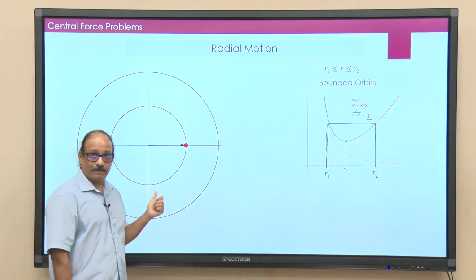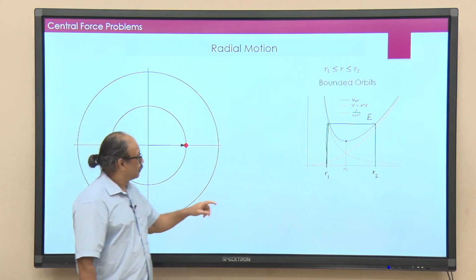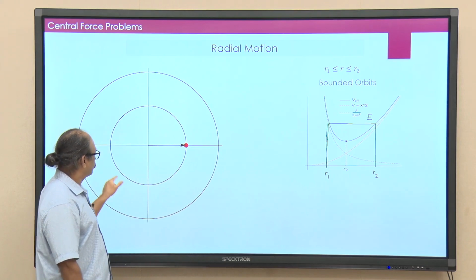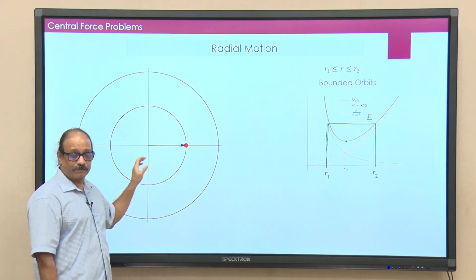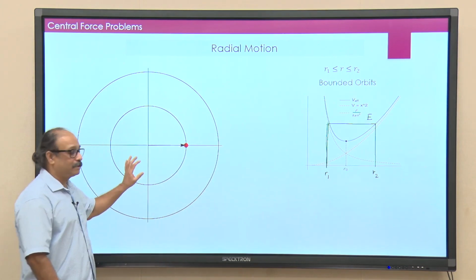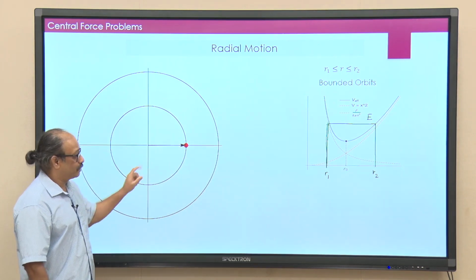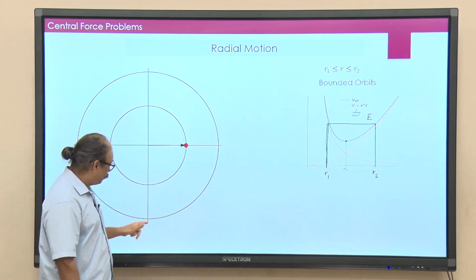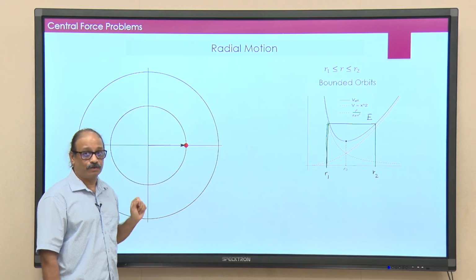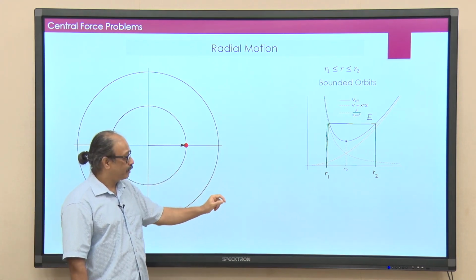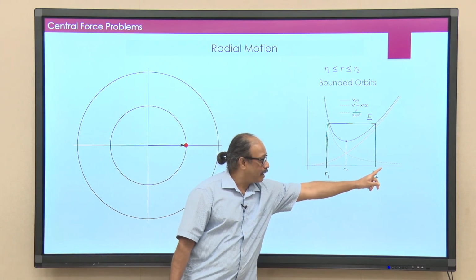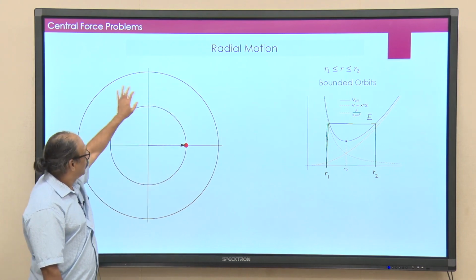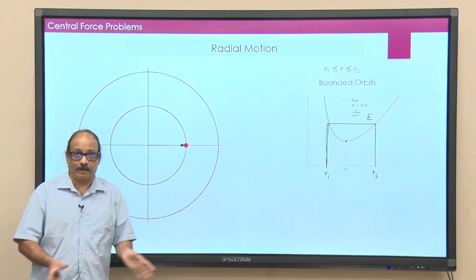that means in terms of trajectory, this is r1. So, I will draw a circle here of radius r1. Okay. That is, the distance from the origin is r1. So, can the particle go inside this circle? No, because remember r cannot be smaller than r1. Can it go outside this circle of radius r2? No, that also it cannot do, because the particle coordinate r must remain less than r2. So, your particle's motion is restricted to this annular ring, okay.